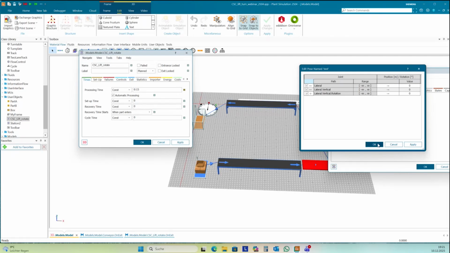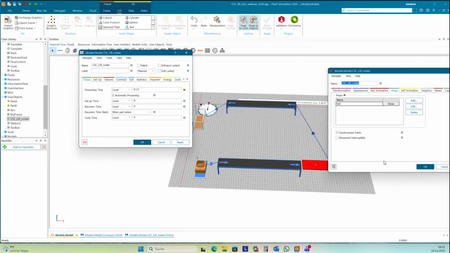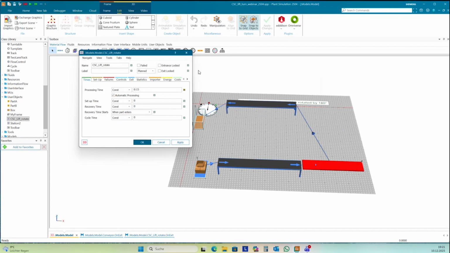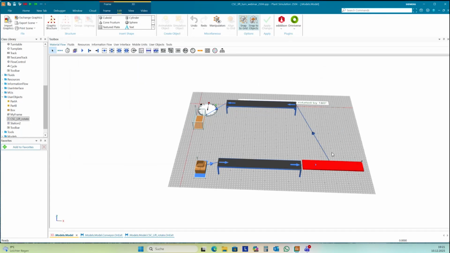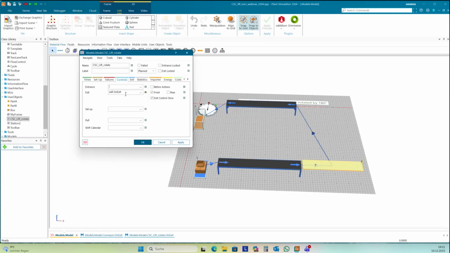We can define here a lot of poses. But we can also move these joints directly, and this I want to make here in this example. And so I create here an exit control.